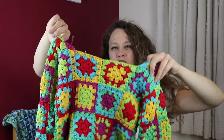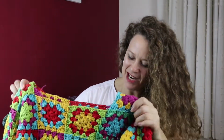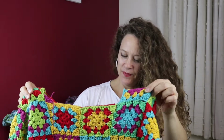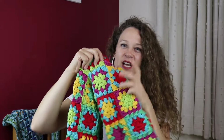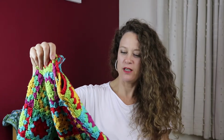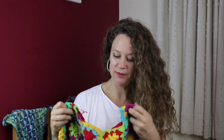So this actually fits Marco, and he really likes it. He said he wanted to have it and wear it. I don't know, what do you reckon? Finish it and sell it on Etsy, or finish it and give it to charity? Finish it, make Marco wear it,